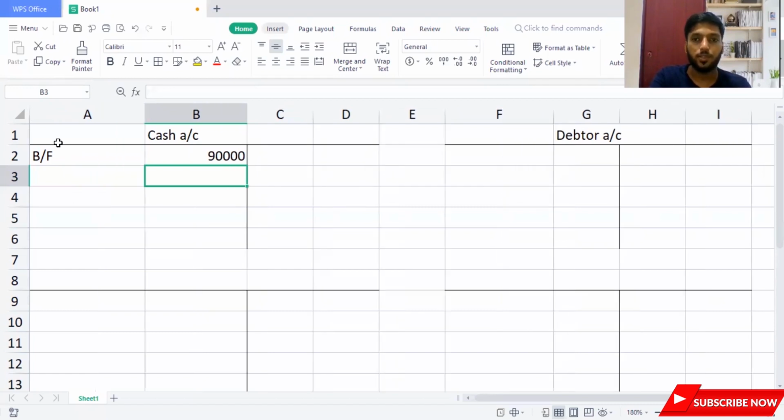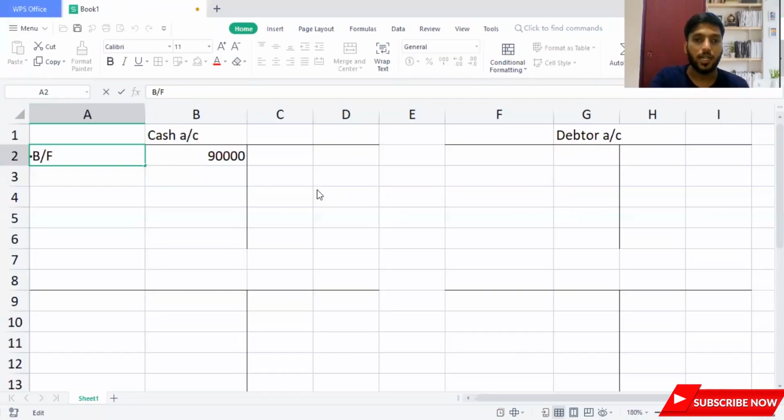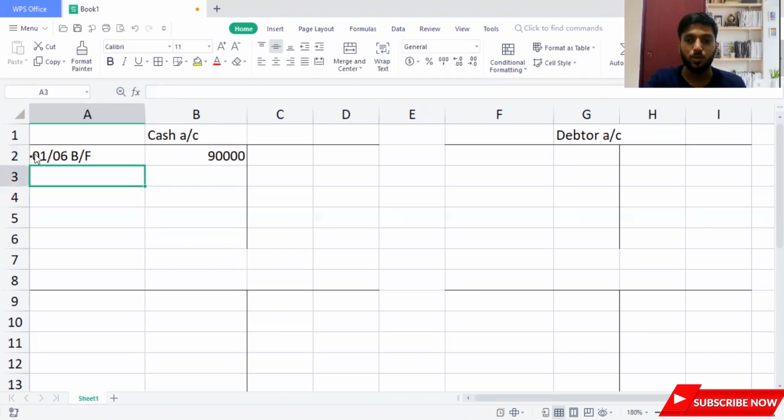Let me see the dates first of all. What is the date? Actually 1/6/2000 something they have taken. So let me take 1/6 for my preference, easiness and to save your time. Because I don't want to write the dates and waste my time, but in your exam you need to write the dates, guys. Don't say that Aslam sir or Commerce with Mac has said that. Saving time is always good for you on your exam papers.